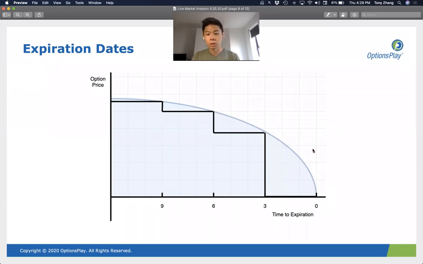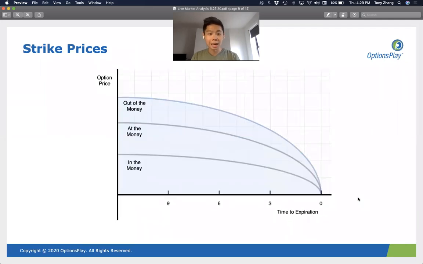And if you're selling, you want to sell shorter dated options, because you want the value of that option to decay at the fastest possible rate. Okay, so those are some of the things that we learned. And lastly, with respect to selecting strike prices, if you're selling, you want to sell short dated out of the money options, because those have the fastest amount of time decay. And if you're buying, you generally want to buy longer dated in the money options, because those have the smallest amount of time decay. So that was a quick review of the things that we learned.